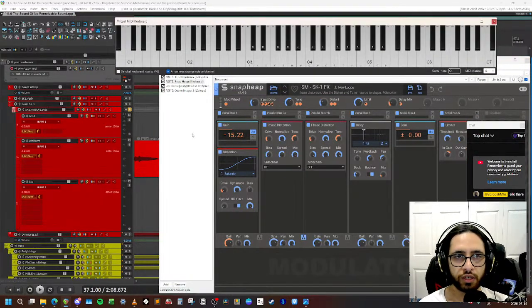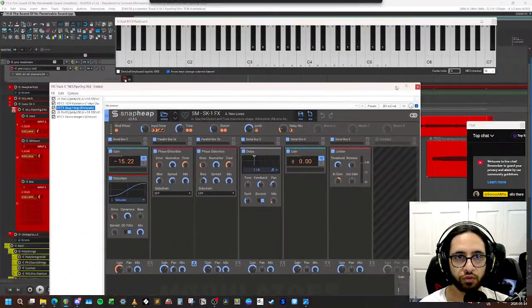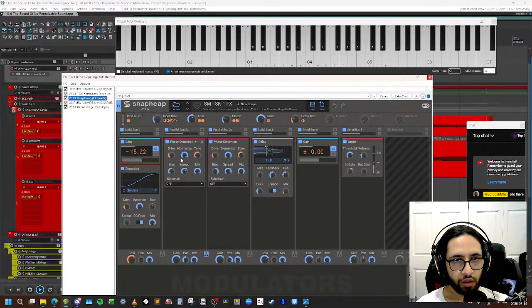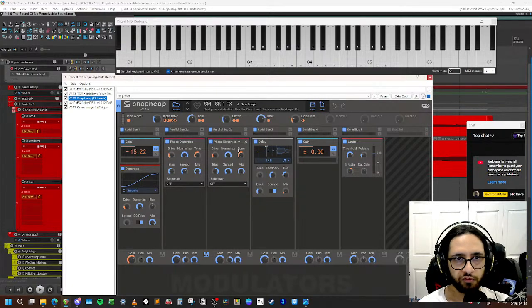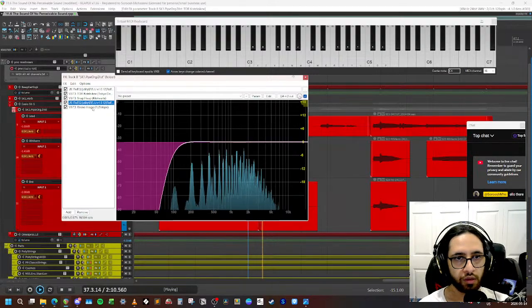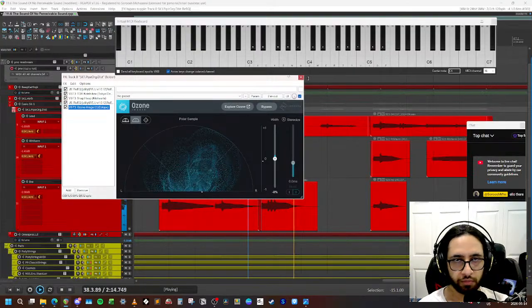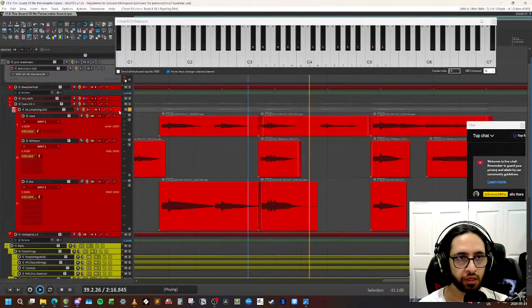Oh, this is an effects chain I made for these Casio sounds. It's got some phase distortion. Mostly distortion, yeah. And then some delay. And taking out the low end again and making it a bit more mono so it doesn't get too crazy.